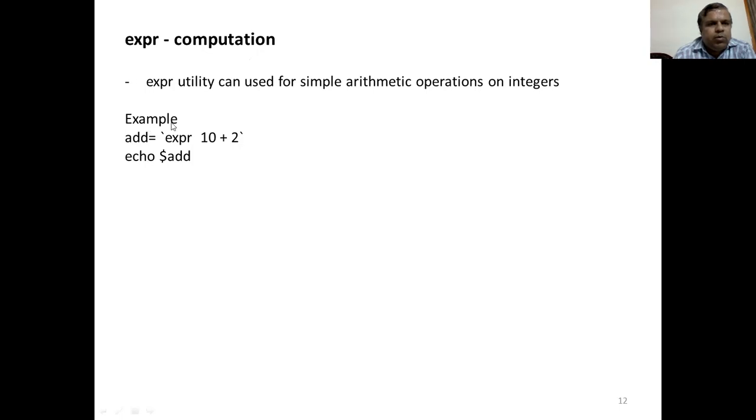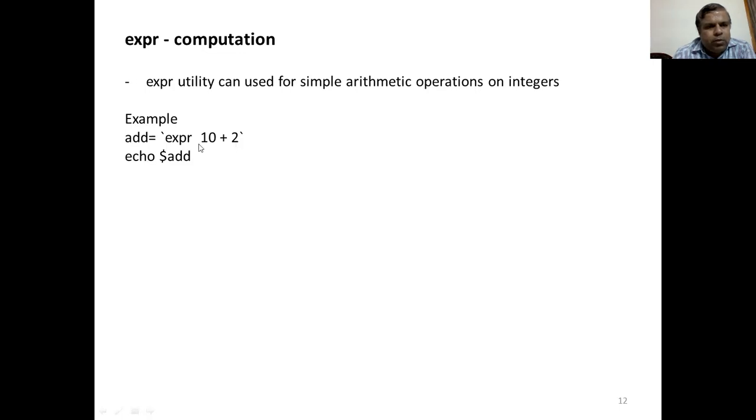So how to use the EXPR command? Here is an example. I want to add 2 numbers, say 10 plus 2. Pass them as arguments to this EXPR utility. The utility is EXPR, then the first operand is 10, the operator plus, and then the second operand is 2.